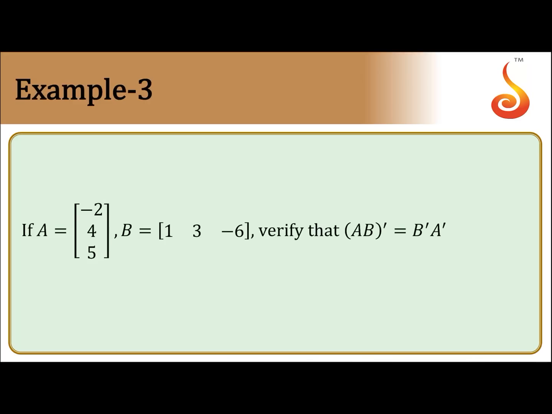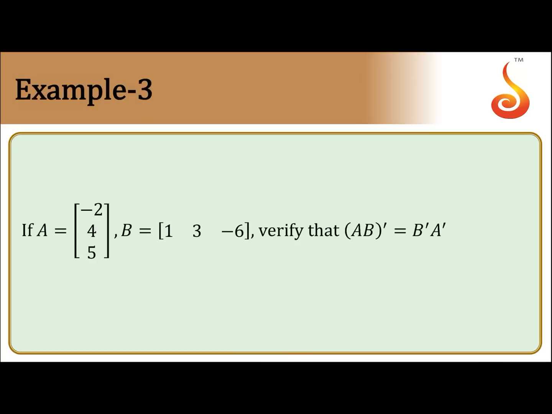Another example. A is given to you, B is given to you. Verify that (AB) whole transpose is equal to B transpose A transpose. A is equal to [-2, 4, 5], B is equal to [1, 3, -6]. So let me calculate the AB matrix first. AB matrix is equal to